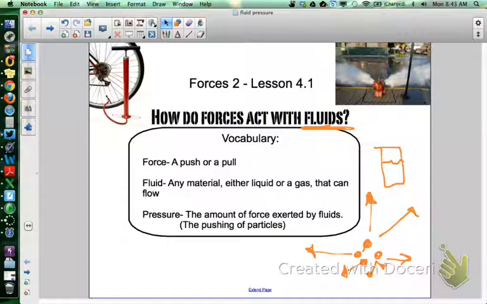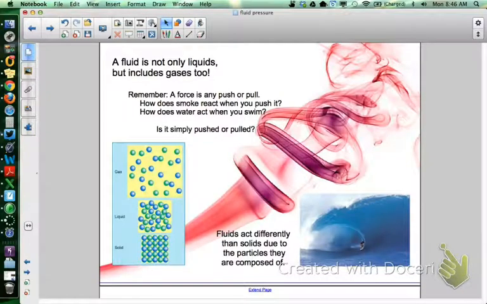Another term that we're going to be talking about: we talked about force, the push or pull. Fluids are liquids and gases, and pressure is the amount of force exerted by fluids. It's the collision and the pushing of particles on each other and on their container. So we understand that fluids are not only liquids, but also gases too, and that a force is a